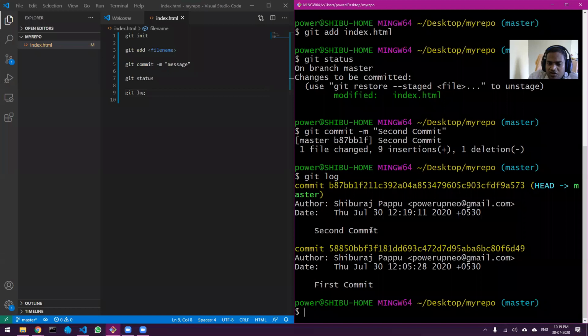Now there are two commits. The first commit has a hex of this. The second commit has a hex of this. It also shows me when I committed this, at what date and at what time. This helps us a lot, because if you want to go back, then we actually know when to go back. Then it also shows you the message.